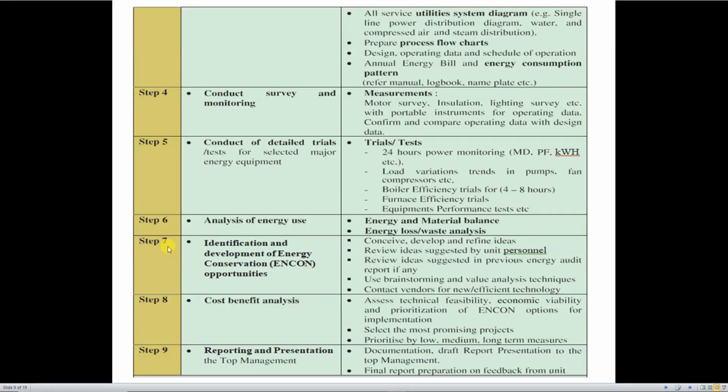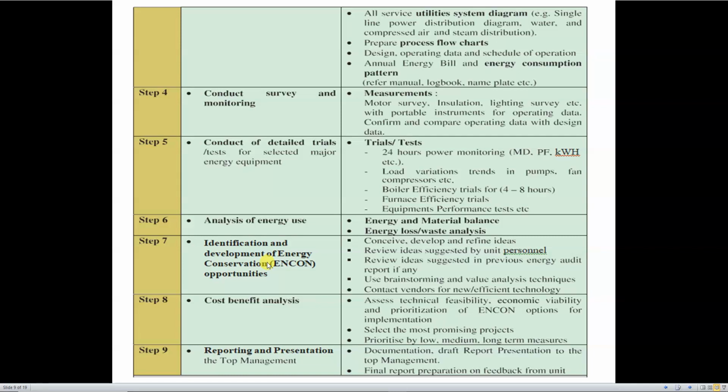So now next is the important step, step number 7: identification and development of energy conservation opportunities, ENCON. This is very important. After all the analysis, monitoring, surveys, different trials, and analysis of different energy uses and consumption, we need to find out the different energy conservation opportunities. Okay, in what sector we can conserve energy, in what sector we can save this kind of